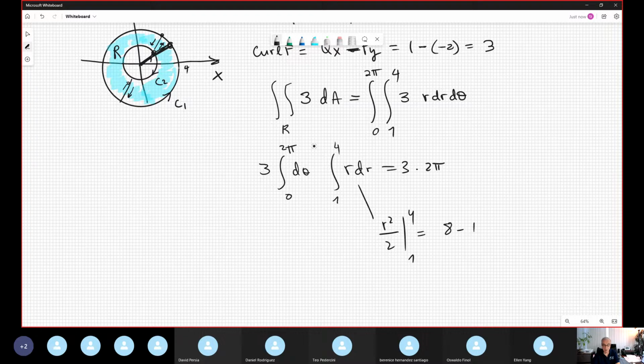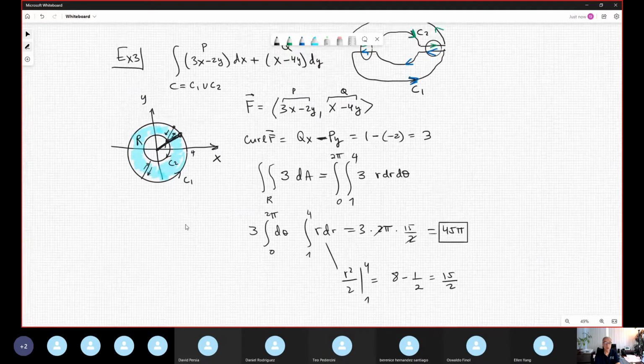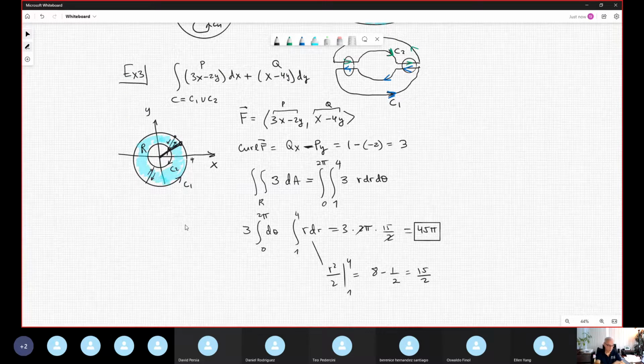Minus 1... 15 over 2, because this is 16 over 2, minus 1, 15 over 2. The 2 is cancelled, and 15 times 3 is 45. 45 pi. The answer for the double integral is the same numerical value as the weird, complicated